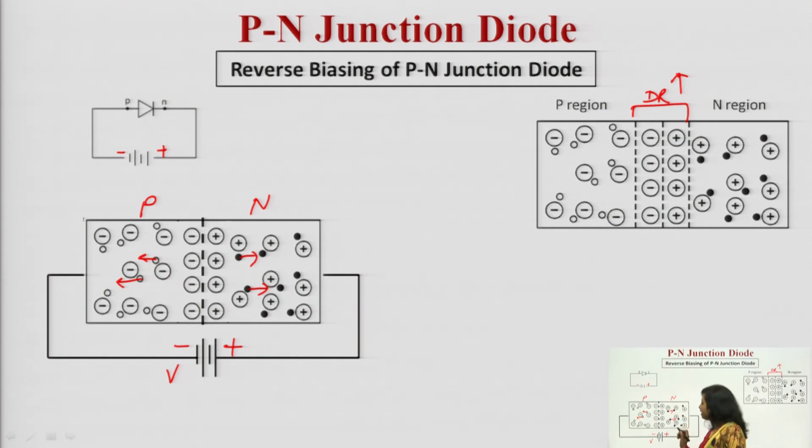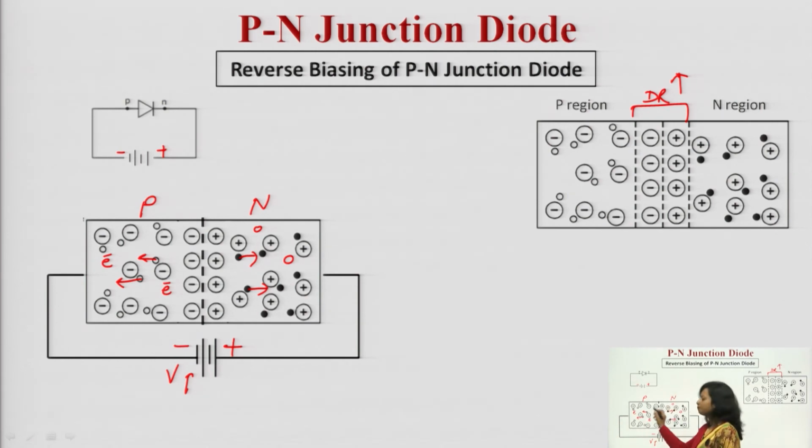But what will happen if you keep increasing this voltage? More and more electrons and holes are moving away from the junction. So, depletion layer width is increased. But one question may arise in your mind, that means in this particular case there is no flow of current. No, here current flows because of the minority charge carriers. See how? In case of N type, there are some holes in minority, while in case of P, there are some electrons in minority.